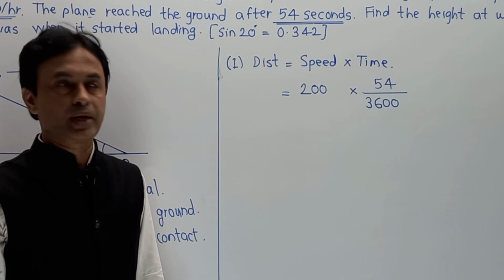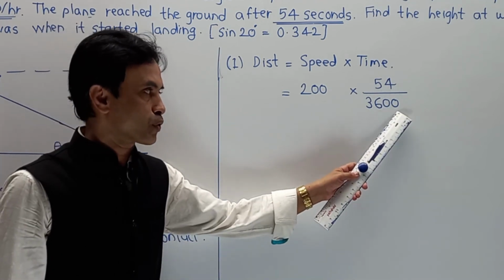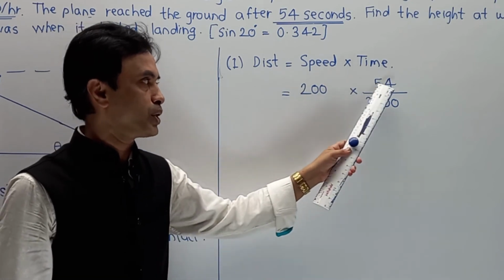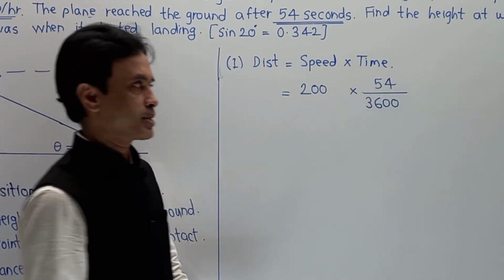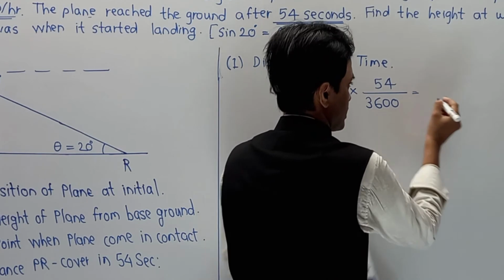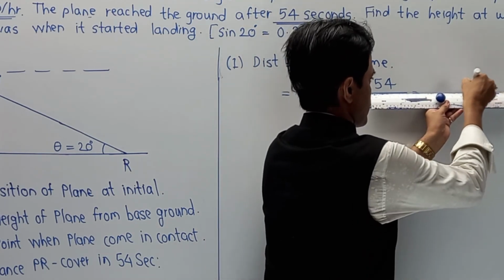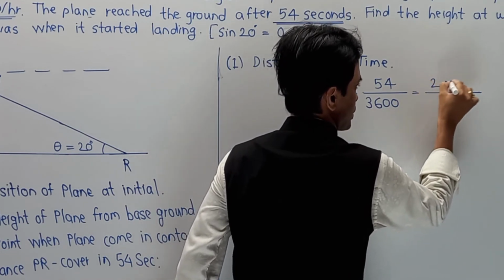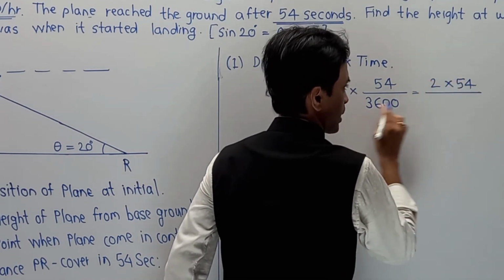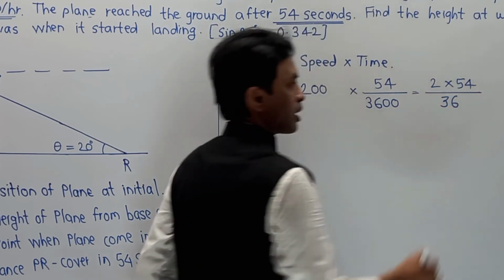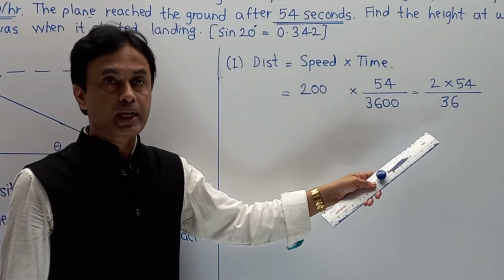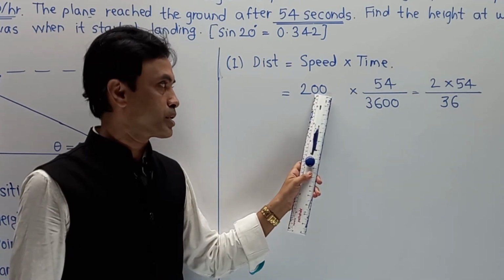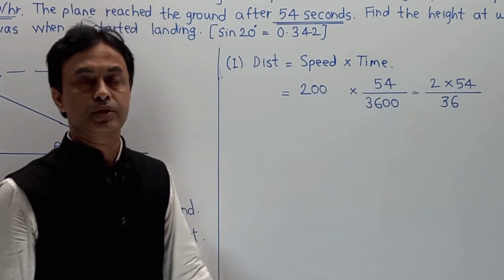Now here I am going to do a simple calculation. 20 from the denominator and 20 from the numerator get cancelled. It becomes 2 into 54 divided by 36. So the part is 2 into 54 divided by 36. Hope up to this step you are very clear. I have written 2, 54 and divided by 36, because the 00 gets cancelled with 00.